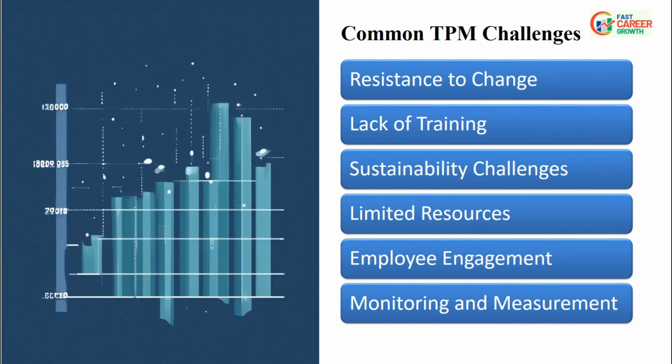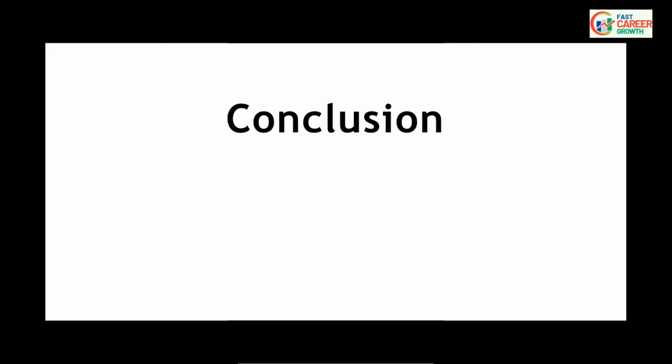Last is conclusion. We've explored the fundamental importance of TPM in achieving operational excellence, its 8 core pillars that drive improvement, and the structured TPM implementation roadmap that guides the way. We've also highlighted how TPM metrics and KPIs play a crucial role in measuring progress and provided strategies for overcoming